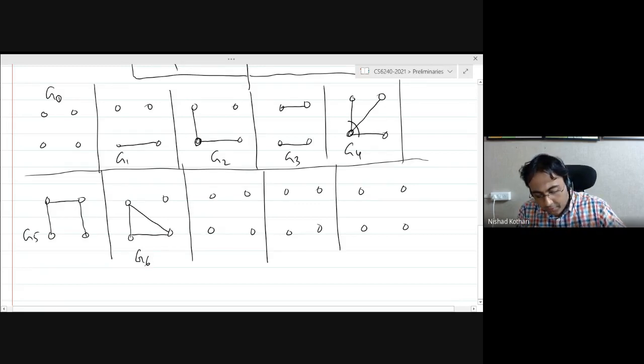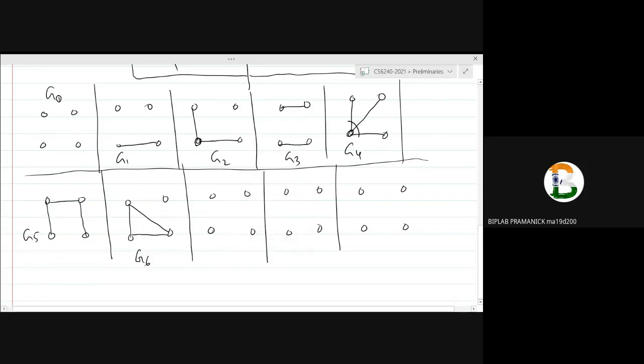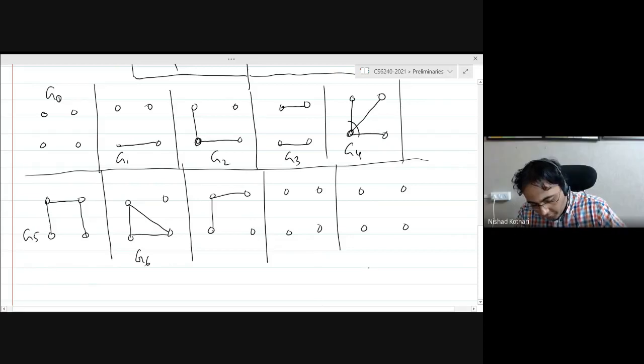So now about 4 vertices and 4 edges. Can someone tell me what are the possibilities? 4 vertices and 4 edges. One procedure is C4. Okay, C4 is a cycle on 4 vertices. Okay, so I'll put down the names. This is K13, and we'll discuss the reason for the notation later. This is P4 or P3, depends on how you define it. Okay, I'll call it P4 for now, and I'll call this C4.